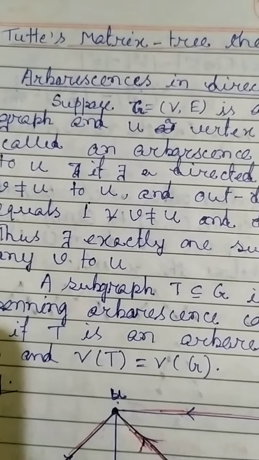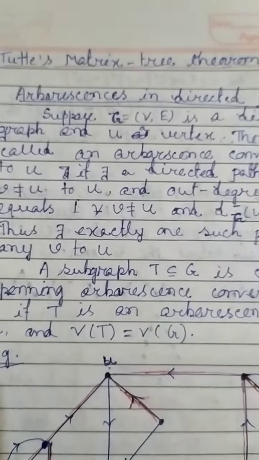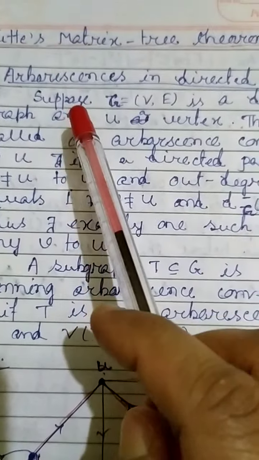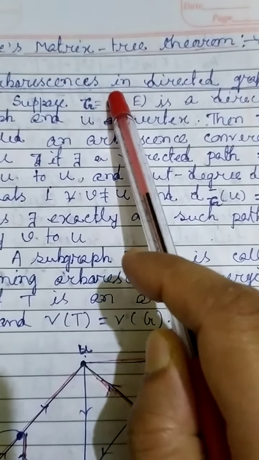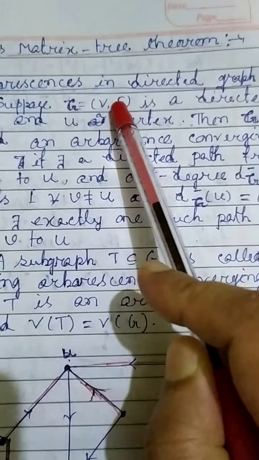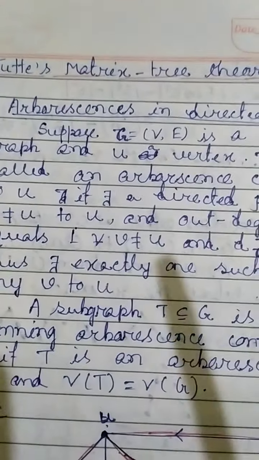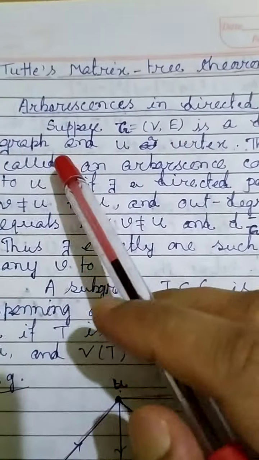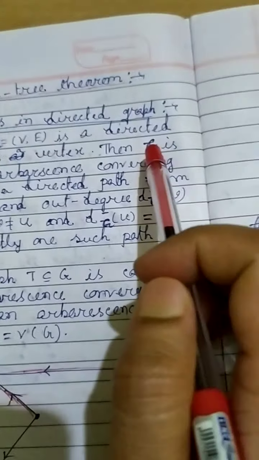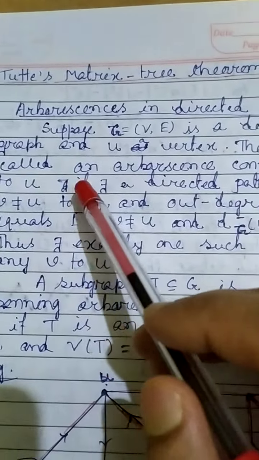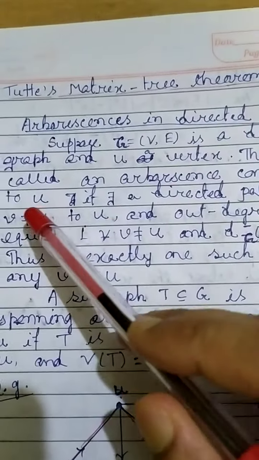The first one is arborescence in a directed graph. So what is an arborescence in a directed graph? If I consider a directed graph G, where V is the vertex set and E is the edge set, and you consider U as a particular vertex, then G is called an arborescence converging to U